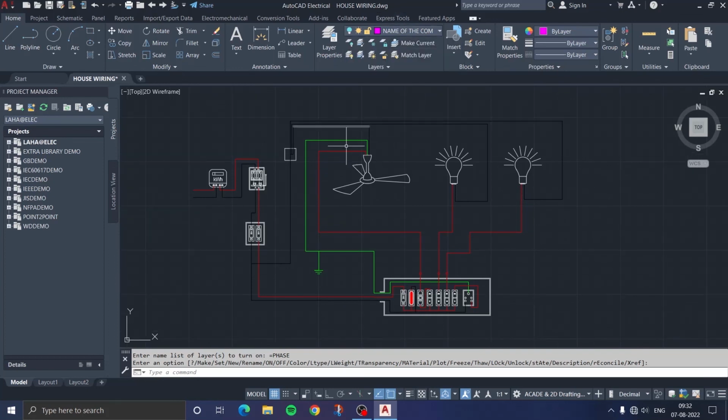So this layer option is not only used in electrical drawing, it is also useful for civil and architectural drawing. Okay, and many more. So in this way, by creating different layers, we are able to differentiate different wires like phase wire, neutral wire, earth wire and components. Okay,